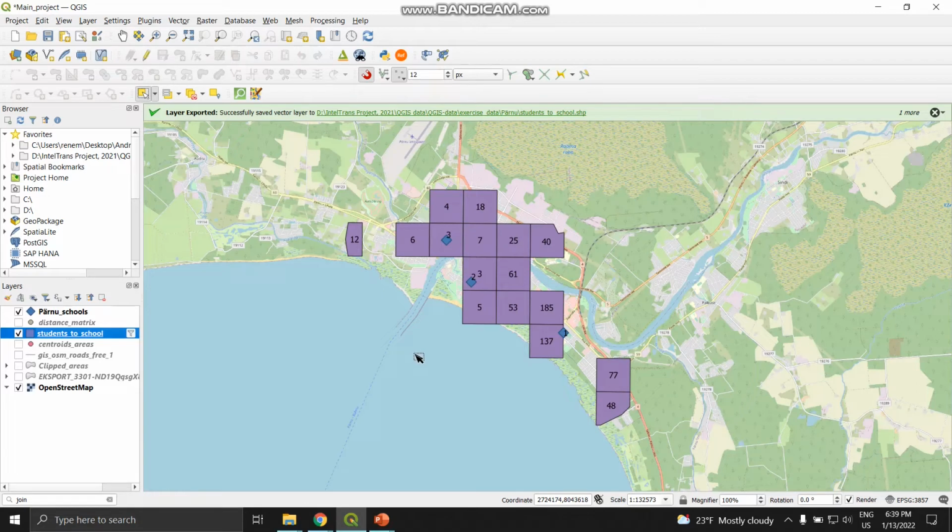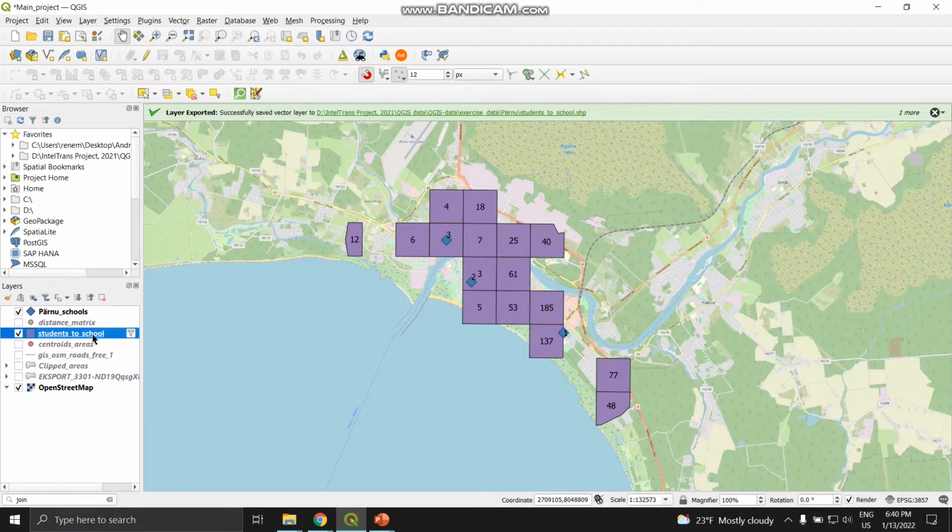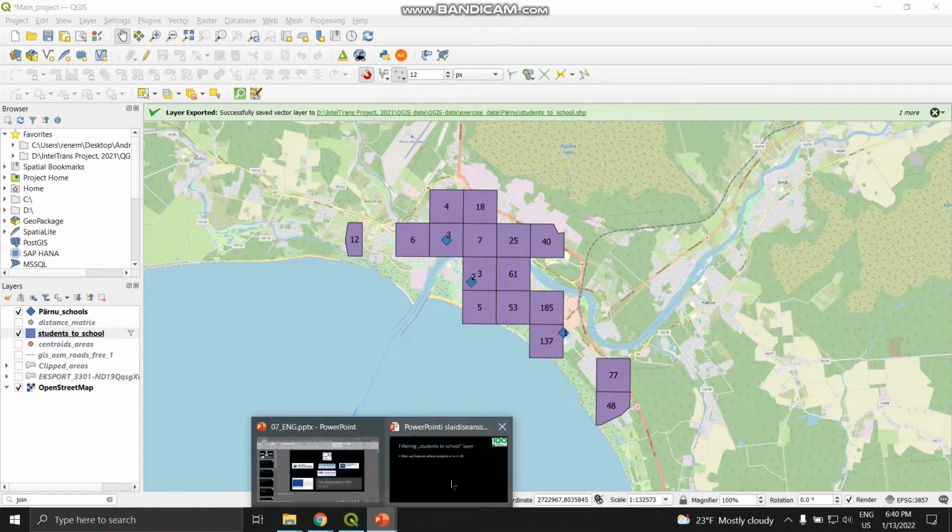So those features are the same we filtered out before, but when we used clipped areas as the input of the join by location, all those areas came to the layer we got from the output. But now we have filtered out all those areas, and the next step will be